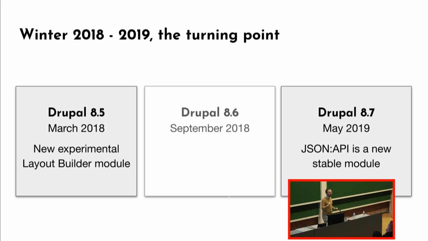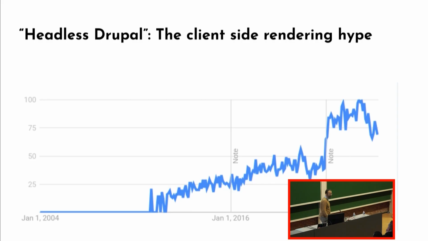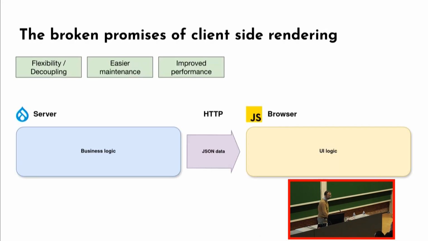There is nothing wrong. But JSON API arrived at a very specific moment. It arrived during the headless craze, the headless hype. So there was a time when headless was unavoidable. You see AI, all those talks about AI, at this time, seven years ago, six years ago, it was headless everywhere. And everybody was talking about that as being the future of Drupal. And it was a bit oversold, according to me.